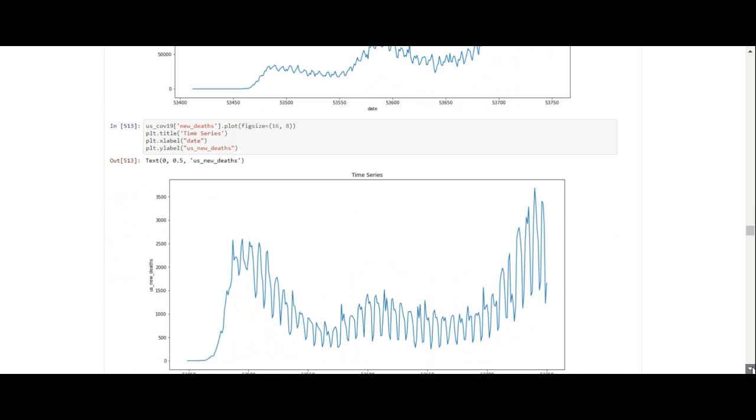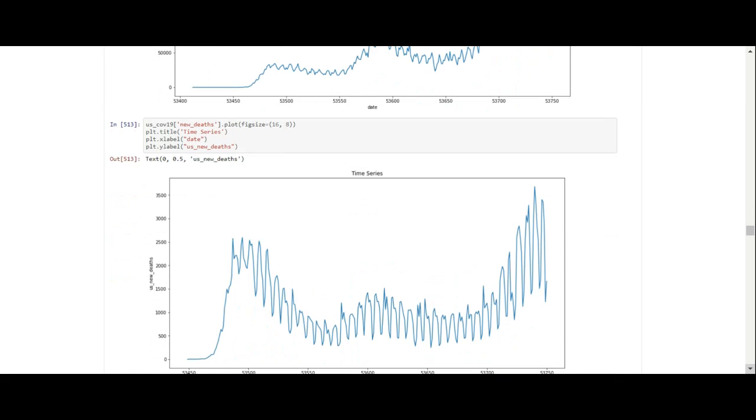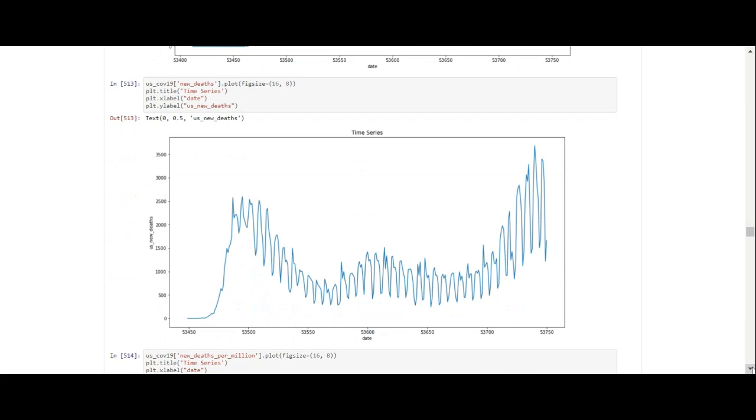Now what we want to do is look at the deaths in the US. Again, in the beginning we didn't have any deaths, and then it made a very sharp increase. And again, we've had a lot of deaths in the UK. It did have a decrease, and it escalated a bit, and now it's going up again.